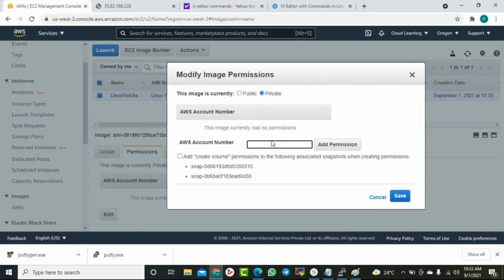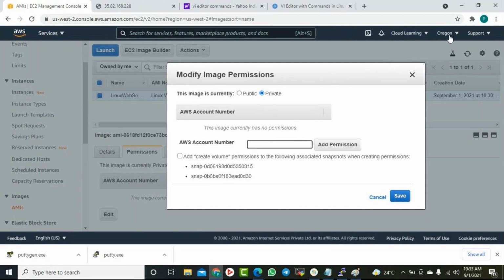No. See, the AMI has a region, right? This AMI will have the region. Which region is this AMI in? Suppose I go to the AWS account with permission to this account, this AMI is created in which region? Oregon. So you need to go to the Oregon region only, and then you will be able to see this AMI.